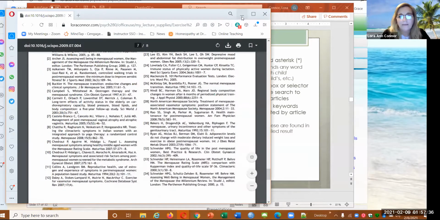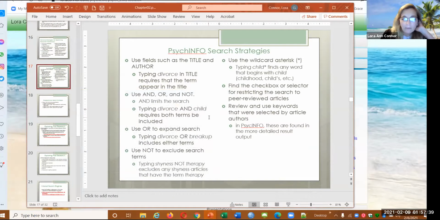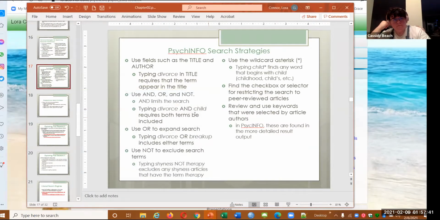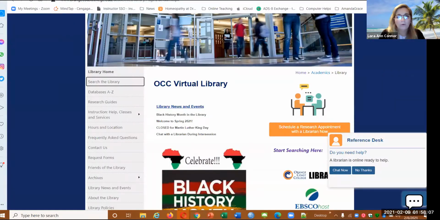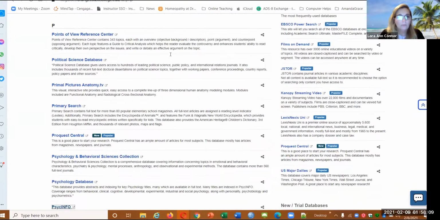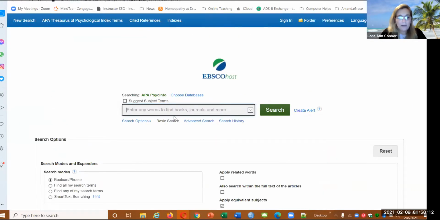Okay, there you go. Now, to do a literature review in, for example, Psych Info, here are some tips. Use a field such as title and author. So if you type the term divorce in the title, it requires, let me open it up. I hope it's still open for me. So if you write divorce here,